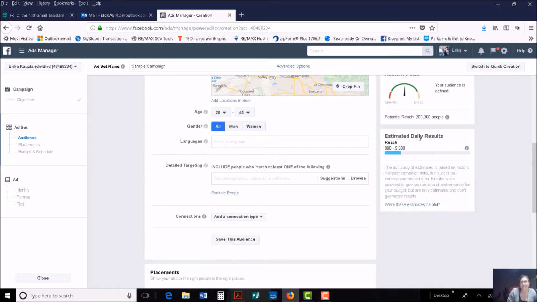Then you'll notice that once again, my potential reach is 200,000 people. This is my potential reach per day, and you could leave that as is. It just depends on what specific kind of post you're doing and what kind of ad set you want to do. Detailed targeting, again, if you have specific people you want to reach out